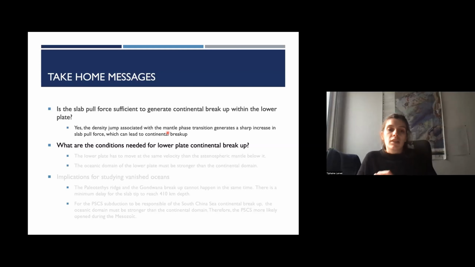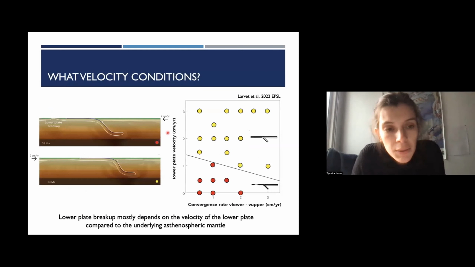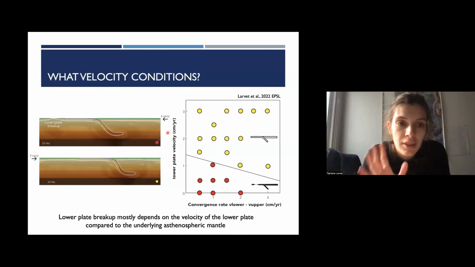Now, are there additional conditions for lower plate continental breakup to happen? The first parameter that I wanted to study was the boundary condition. Here you have two simulations.